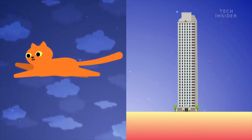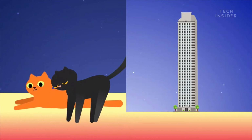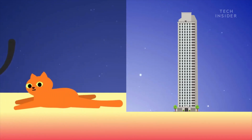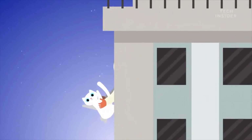So here's what researchers think is happening. From 2 to 7 stories up, cats don't have enough time to reach terminal velocity and prep for landing feet first. But once they hit terminal velocity, their instinct changes and they parachute their limbs. All that said, don't throw your cat